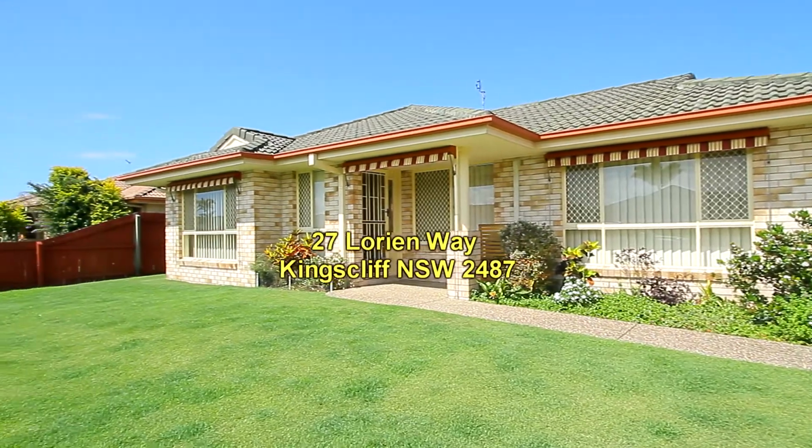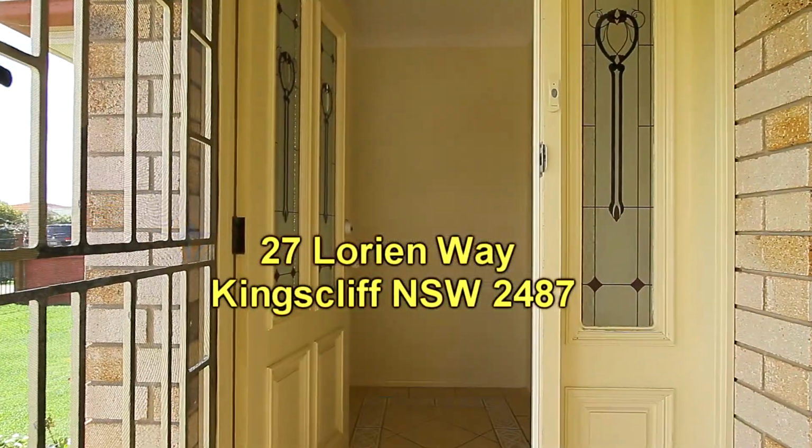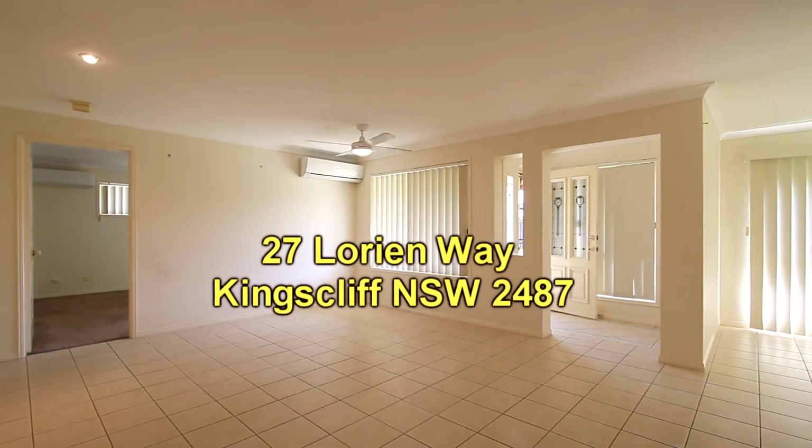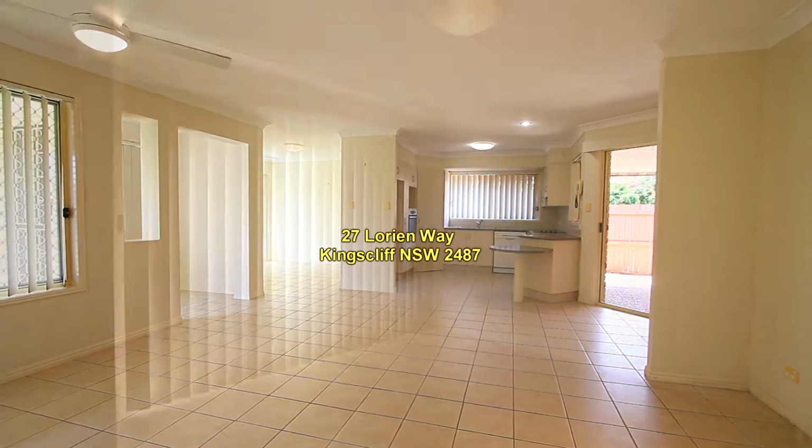Going down to street level, this is how the property presents from the street. Security screens all the way around, as well as pull down blinds. Going to the main living area, you can see there's an air conditioner on the wall, also a ceiling fan